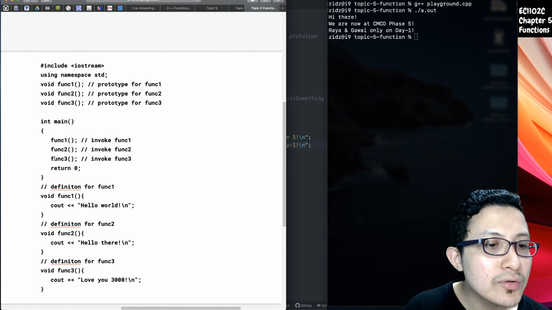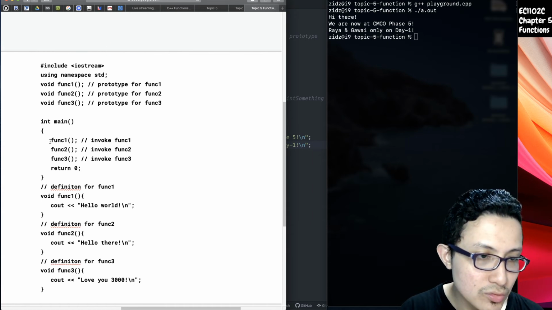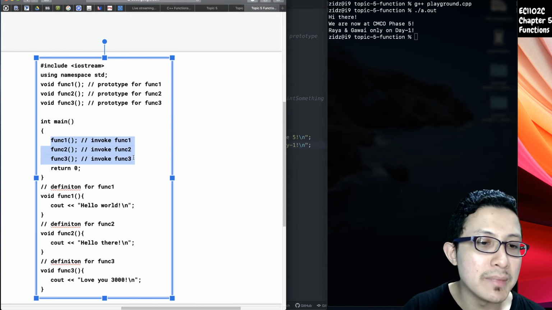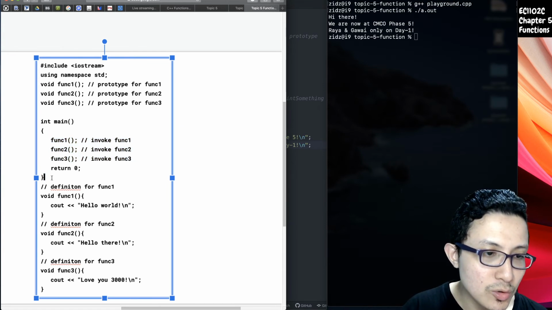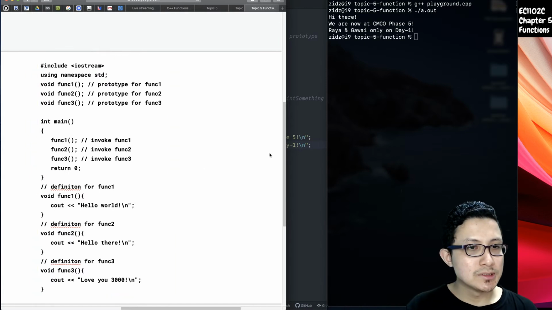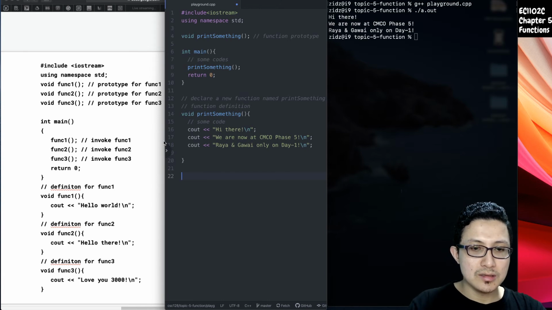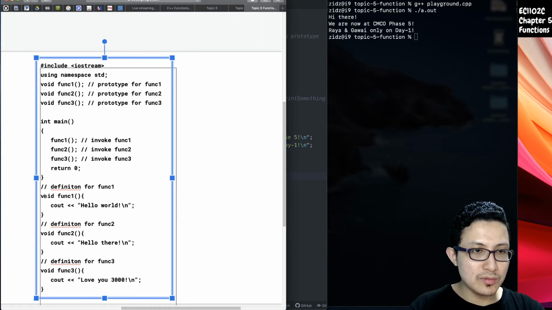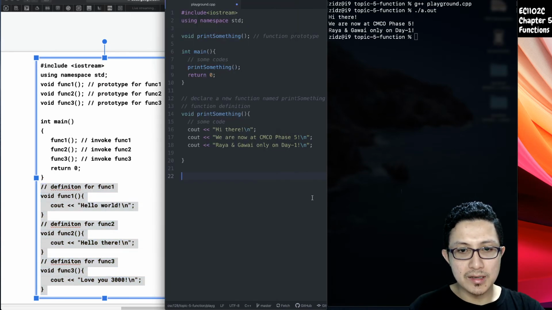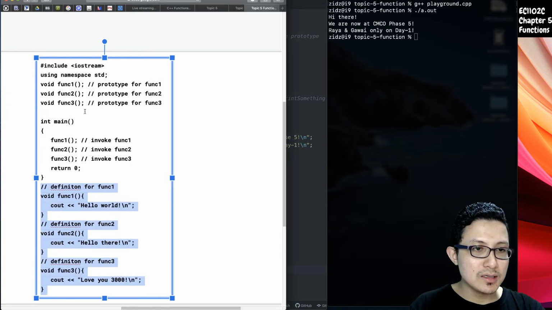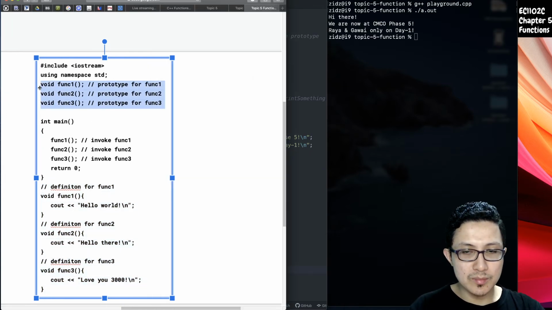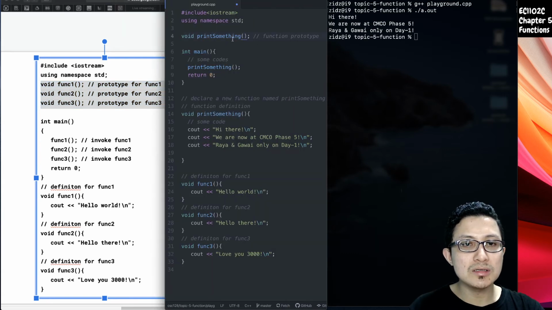So how you call them, you basically just need to invoke the function within the main code here. Alright, so this is basically doable in our code as well. We can add more stuff here. Alright, so let me just copy all this, copy the content, here, and then I can put them down there, and then I can add the prototype above our main function,